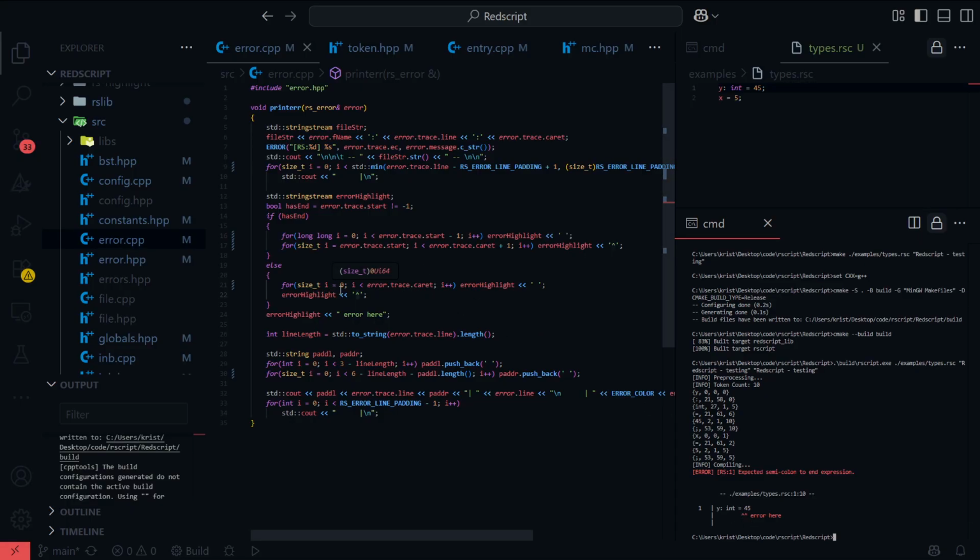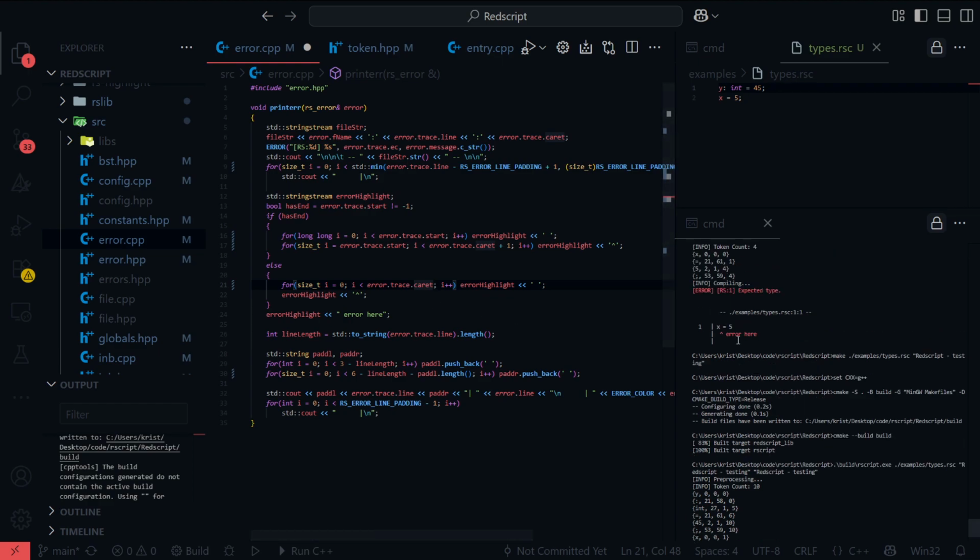So you can see up here, we're not doing enough spaces, so this -1 has to go. And here, we're still not doing enough spaces, so actually, no, I think we are. I think that's fine.